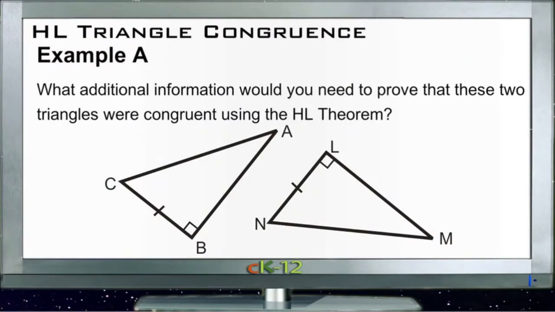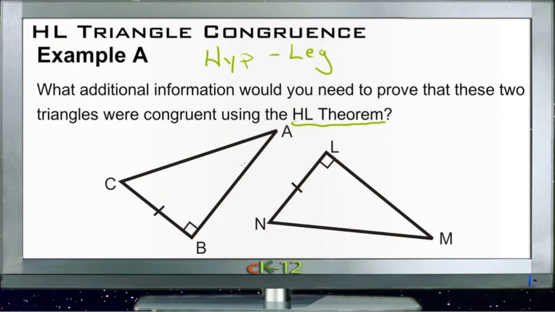Okay, let's take a look at the example questions for HL triangle congruence lesson. Example A asks us what additional information we would need in order to prove that the two triangles are congruent if we're using the HL theorem. Remember that HL is hypotenuse leg. Hypotenuse leg, which means we just need to know the hypotenuse of the two triangles are congruent and that one